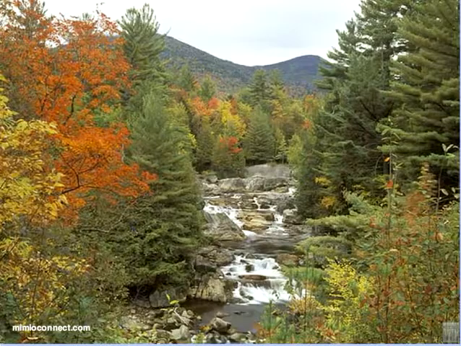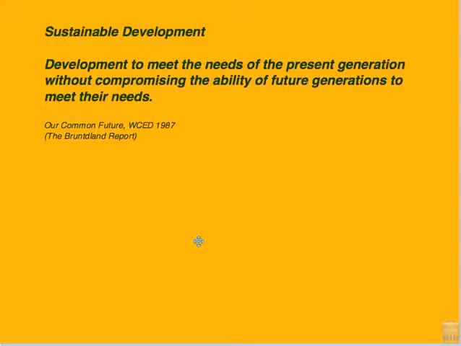The government of this area, however, subscribes to this principle: sustainable development. Development to meet the needs of the present generation without compromising the ability of future generations to meet their needs. The classic balancing act between having some development and having some environmental protection. So it is with sustainable development as the goal that we have